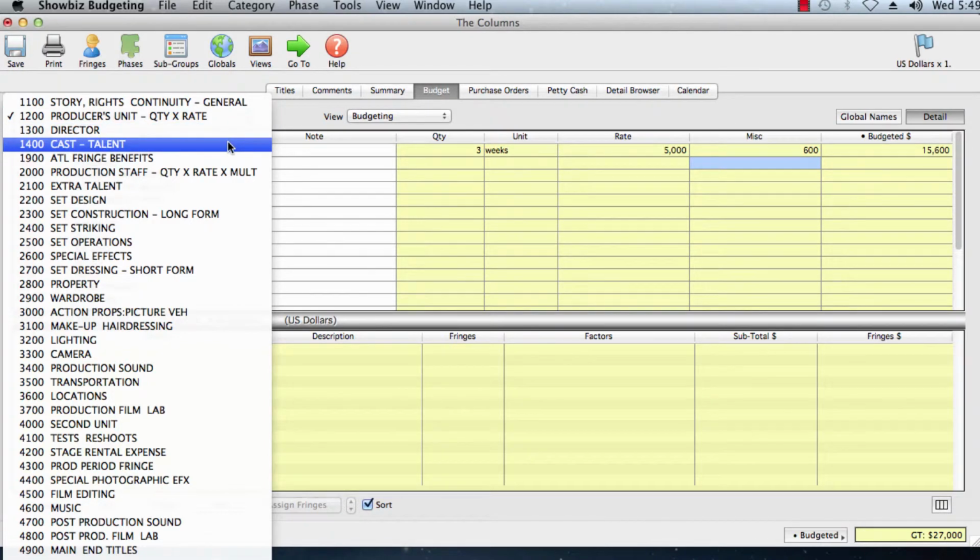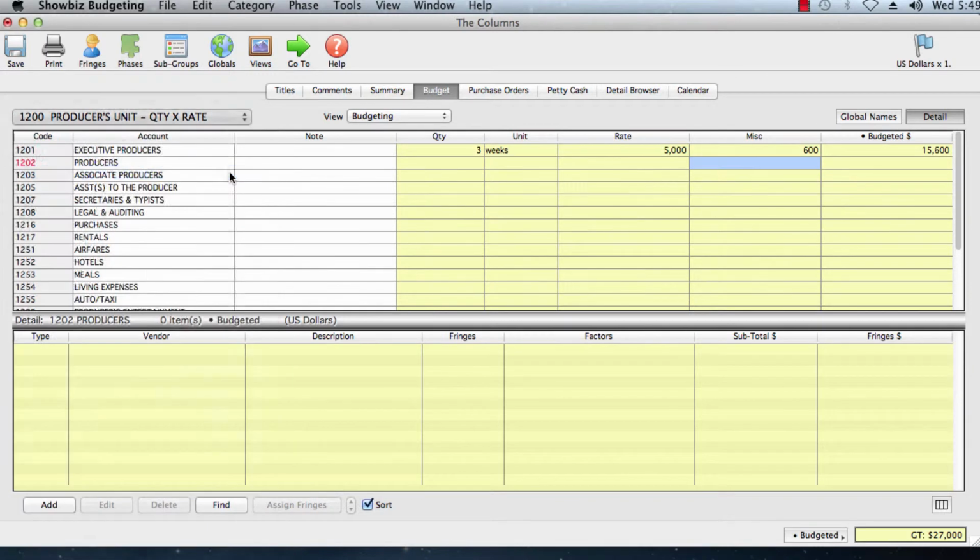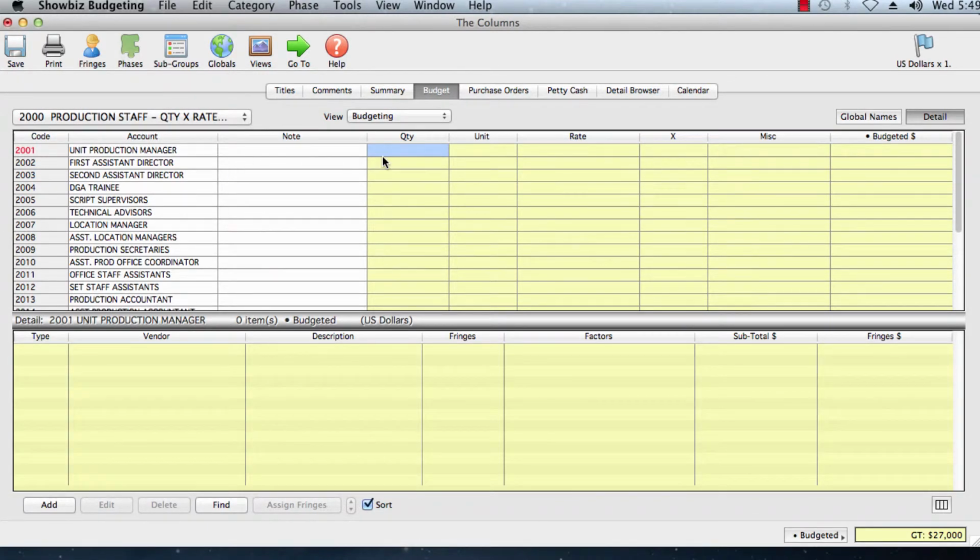And let's go next to a little more complicated calculation, quantity times rate times multiplier. Let's say we have a unit production manager. We'll say 1 week at $5,000 per week, and let's say we actually have 2 unit production managers on that week making that same $5,000. Enter that 2 into this multiplier column, and when I click in miscellaneous, you'll see the calculation is updated to